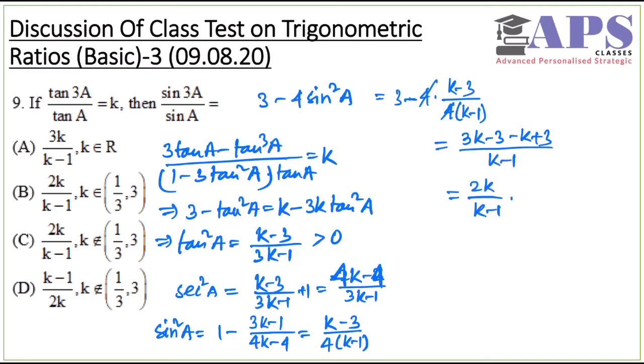That's the answer, but that is given in two options, B and C, and there is some relation on k. So we will get that relation from this one. Here I can use the wavy curve method. It is positive, so I have to take 1 by 3 and 3. If I take more than 3, say 4, k equal to 4, it will be positive, so it will come like this. This is positive, this is positive, this is negative. So this part. That means k should not belong to (1 by 3, 3). So that means option C is correct here.